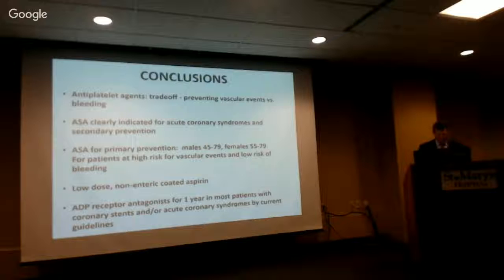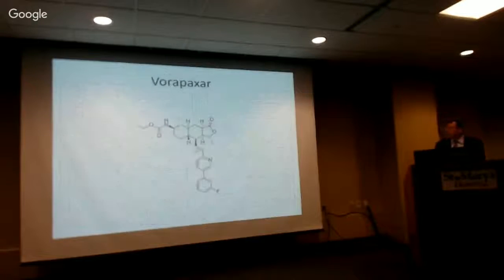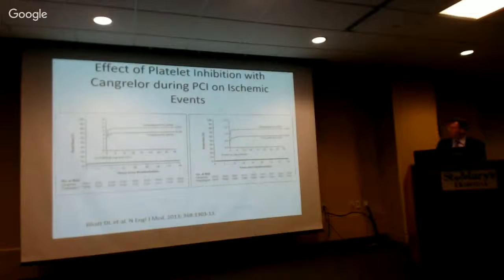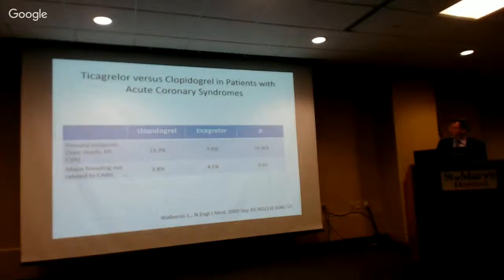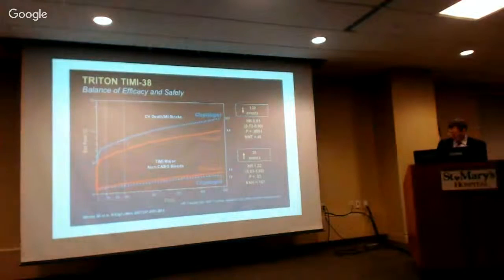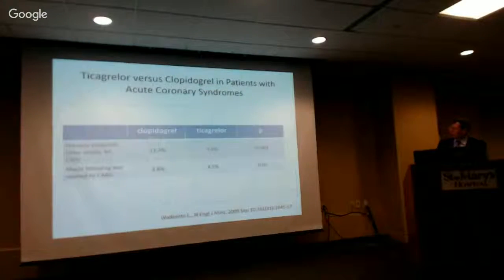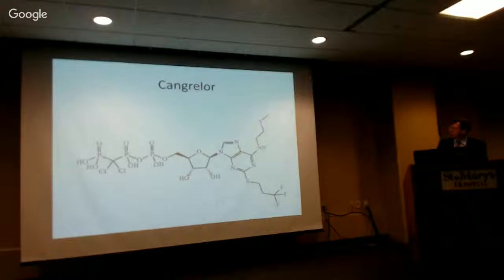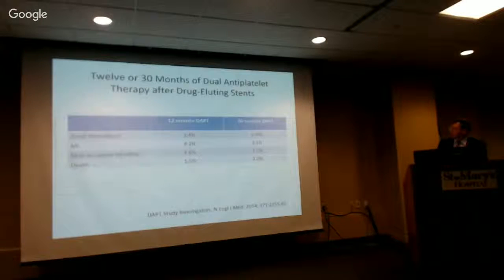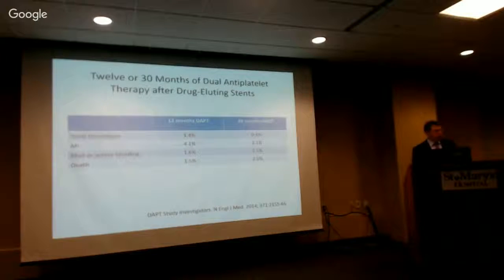When you go back to the original study, let's see which one randomized the time. If you looked at the DAPT trial, there was a difference depending on the type of stent. And again, this is all subgroup analysis, and the statistical analysis is controversial. But I think there's a big difference between the older stents, especially the paclitaxel stents, and also the Cypher,